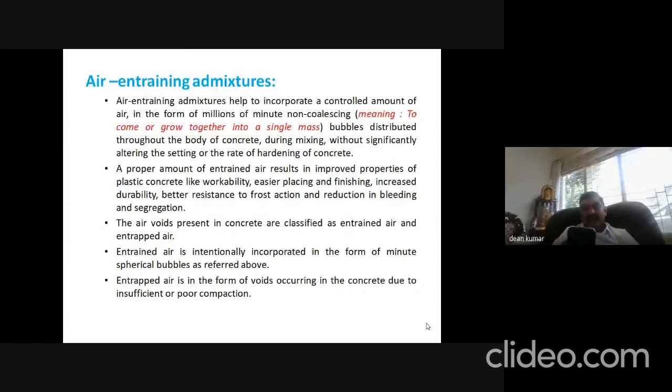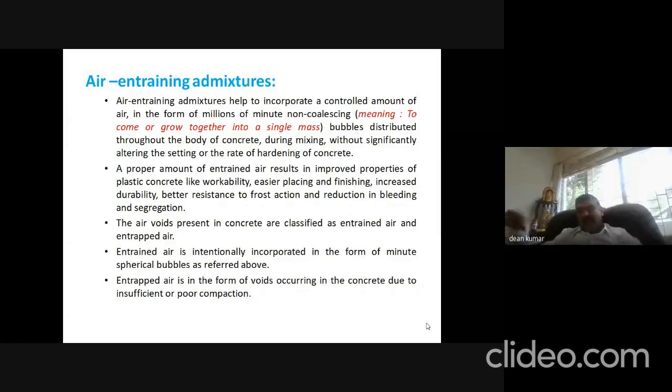Okay, air entraining admixtures. What is this air entraining admixture? Air entraining admixtures help to incorporate a controlled amount of air. Now, what I am doing here, I am introducing air into the concrete. A controlled amount of air is introduced into the concrete in the form of millions of